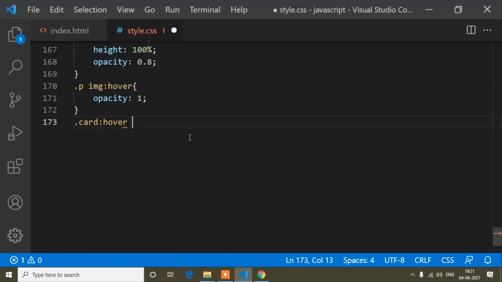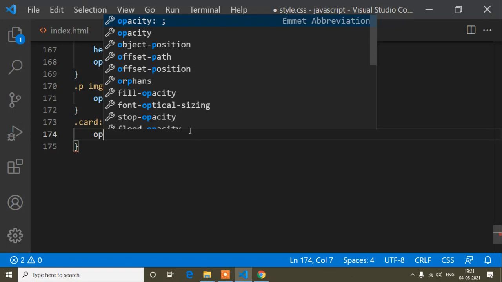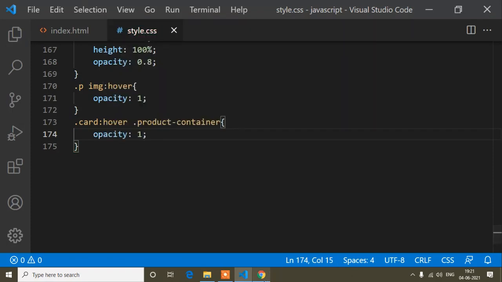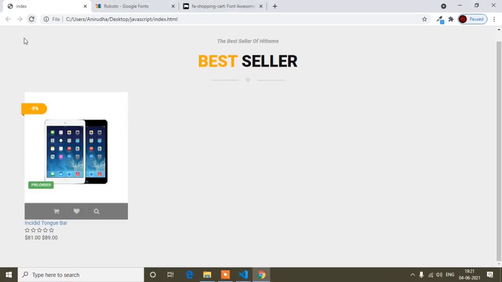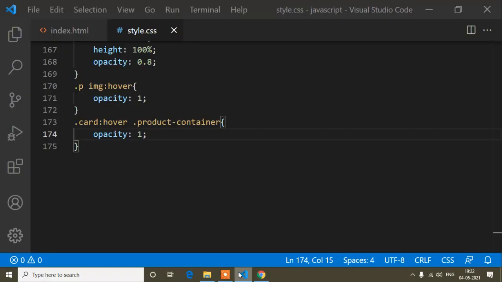So I will copy this product container class, paste it here, and write opacity 1. Now if I refresh and hover on this card, you can see the card is showing, and if I hover out, the card is hidden, because when I hover out the opacity is 0, but when I hover in, the opacity is 1. Okay, so this is done.